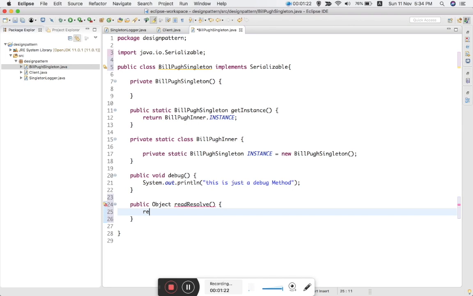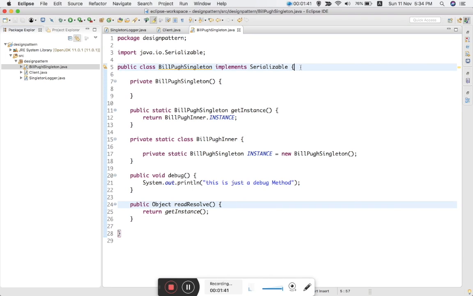In this readResolve method, I'm going to return my instance. In fact, I'm going to call this method again. So that's it. This is about implementing this. Why am I implementing this serialization? Because